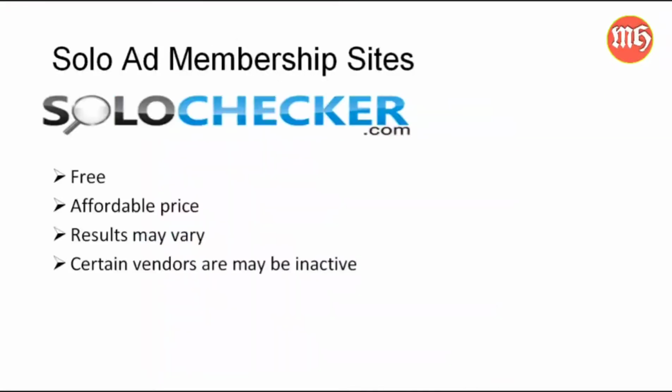The third and last method you could try out is solo ad membership sites. There are various sites that you can sign up for, whether you want to buy, sell solo ads, or do both. You can try out solochecker.com, which is free, and you may just find yourself several top vendors suited for your business there. Most of the vendors offer solo ads at an affordable price compared to their actual price shown